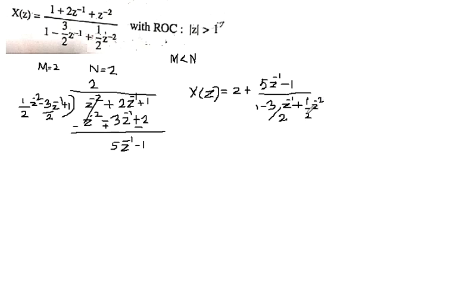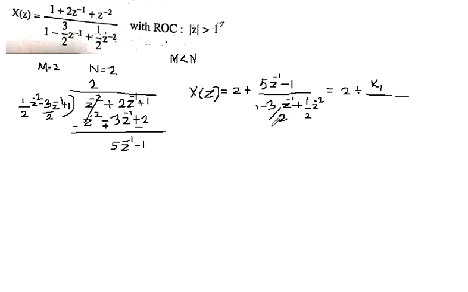So when we do this, now we can go for the partial fraction method for this, and it is the same as the previous problem. So directly we write this as 2 plus k1 divided by,